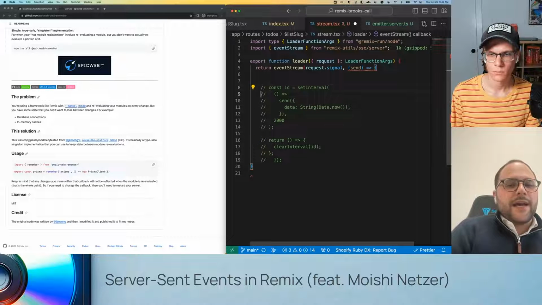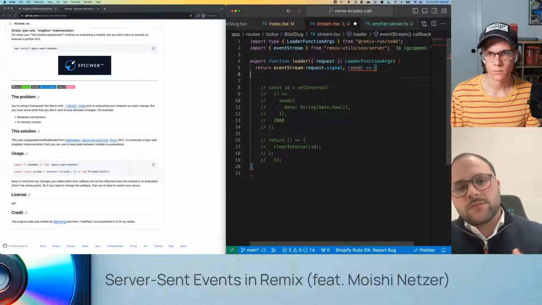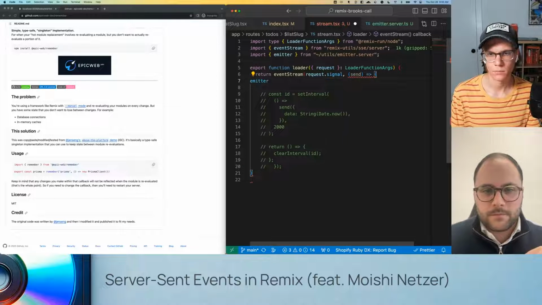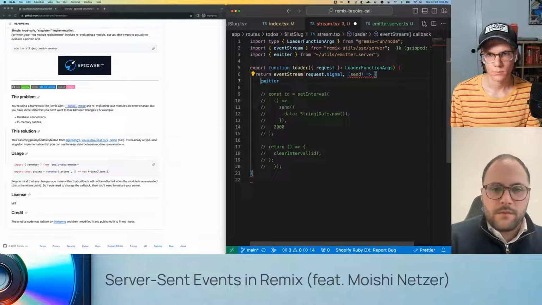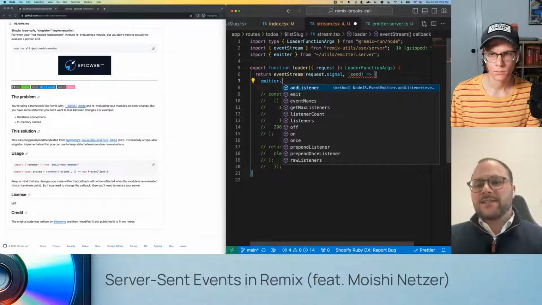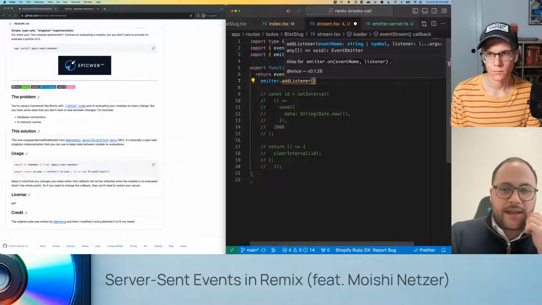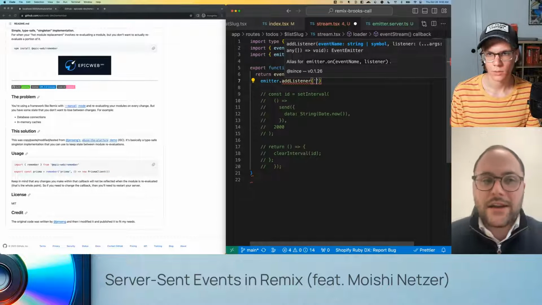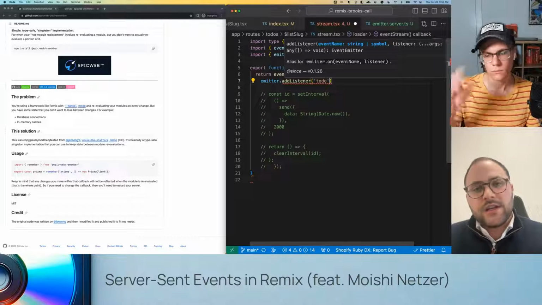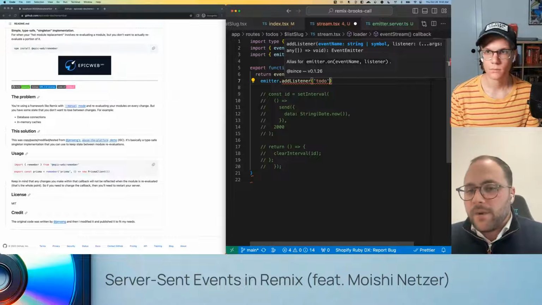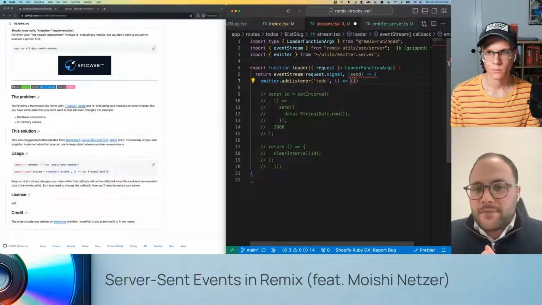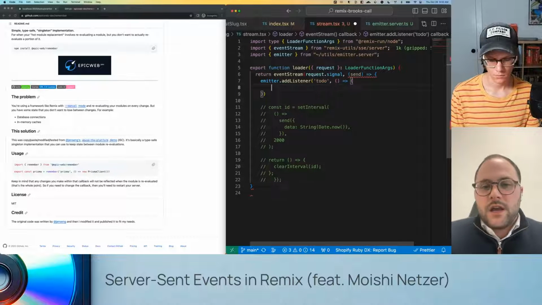So now we actually want to listen to our emitter. So let's just bring in the emitter. If you type in emitter to import it and do period, now you can see that you can actually add listeners. So let's add a listener. And this actually takes an event name. So for now, let's call this todo, right? Because we want to trigger and update our todos. And then if you do a comma, that's going to be some kind of function that activates whenever it gets that thing to happen. So let's just call this function handle.